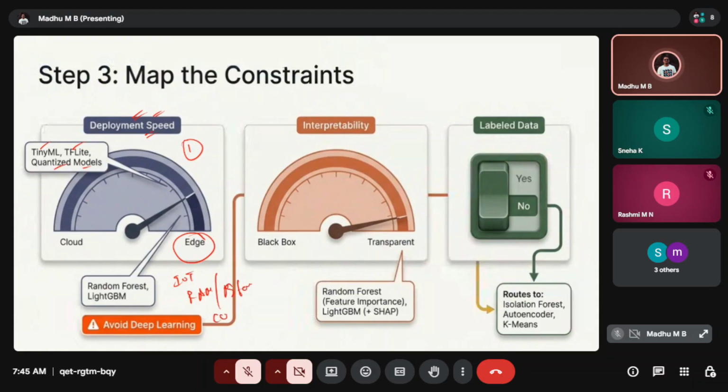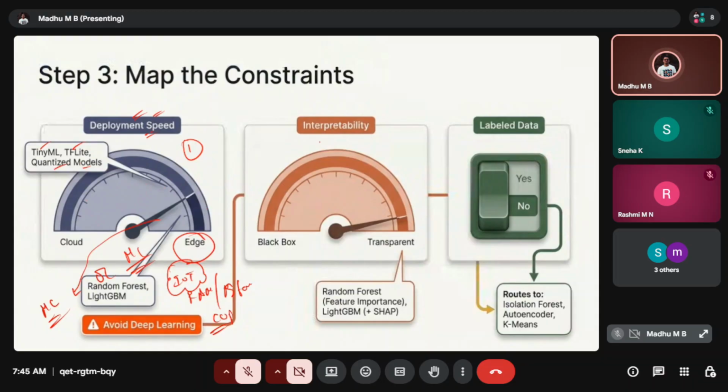And a few CPUs. The latest IoT devices are capable of running these smaller ML models within the device itself. Or if we have local servers, a small machine, then we can directly deploy these small ML models and run the data set on that machine. So this is one constraint.